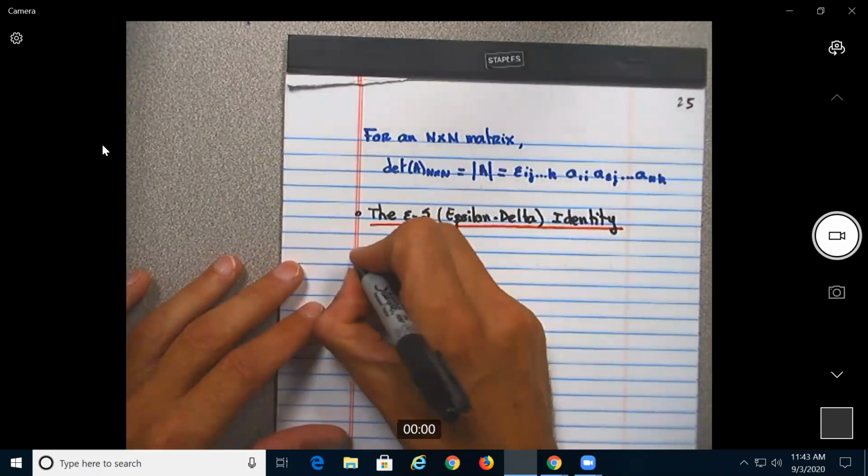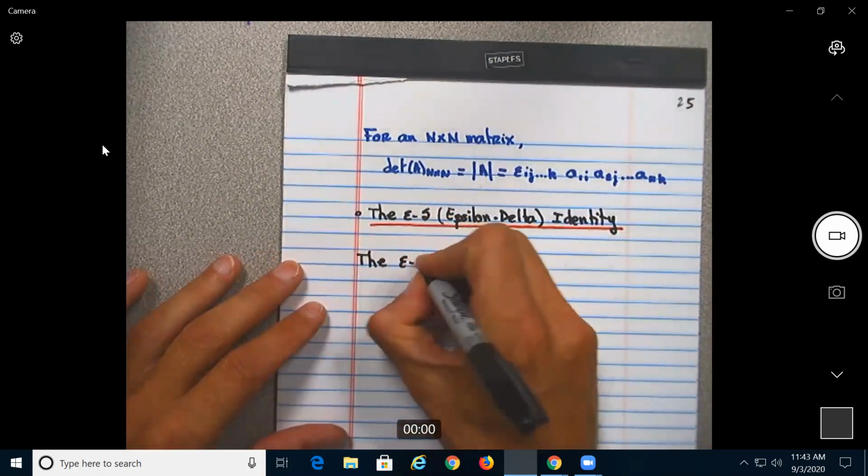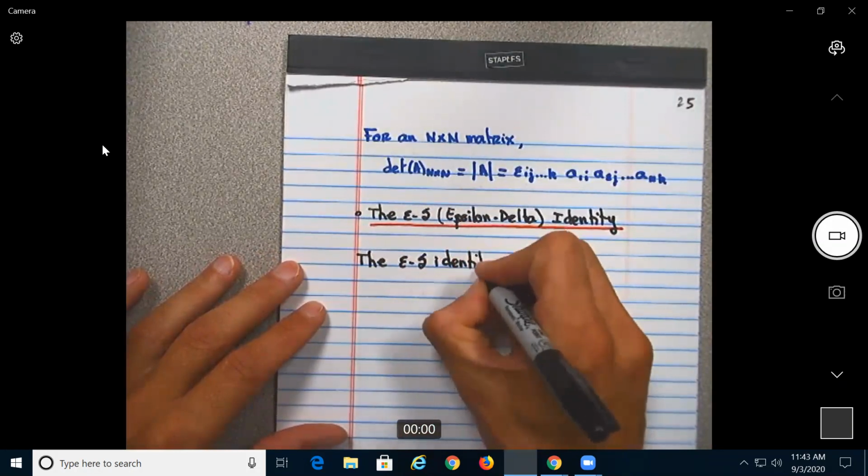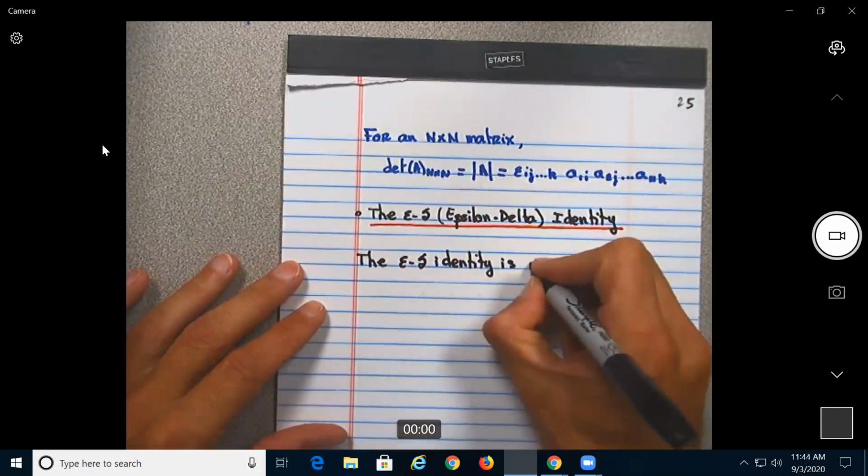So the epsilon delta identity is defined